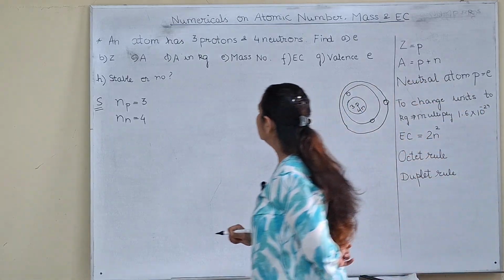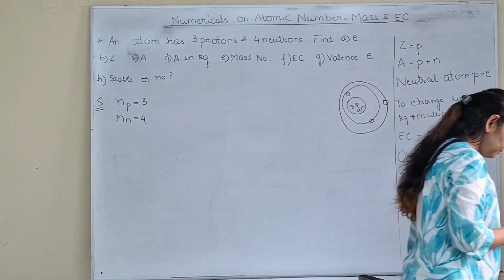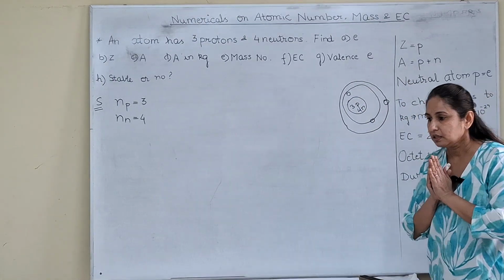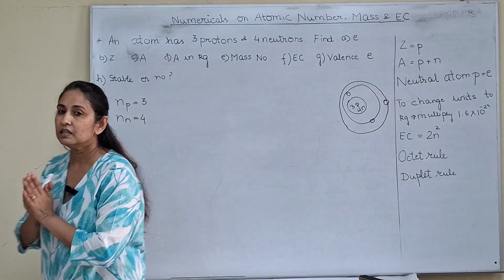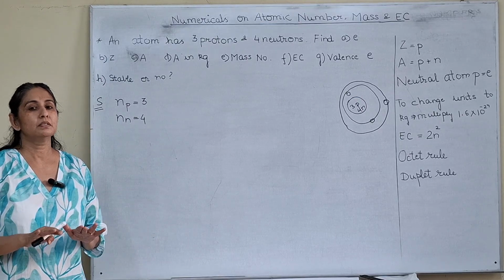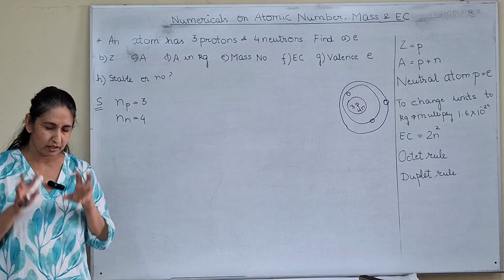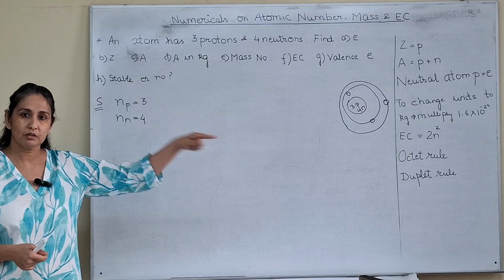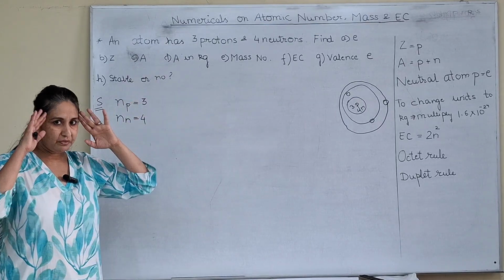Okay. What else do we know? Is it stable? How many shells does it have? It has 2 shells. जब 2 शेल हो जाते हैं तब स्टेबिलिटी का रूल क्या होता है? स्टेबिलिटी का रूल होता है कि लास्ट शेल में 8 हो, तो द एटम इज स्टेबल, नॉट रिएक्टिव. That was octet rule. लास्ट शेल has 8 electrons, exact 8, then it is stable. This is not stable क्योंकि लास्ट में एक ही इलेक्ट्रॉन है.